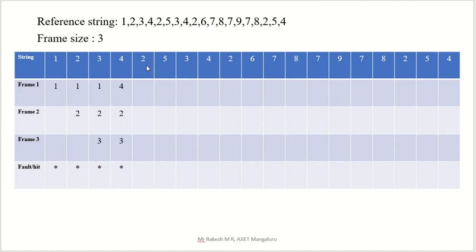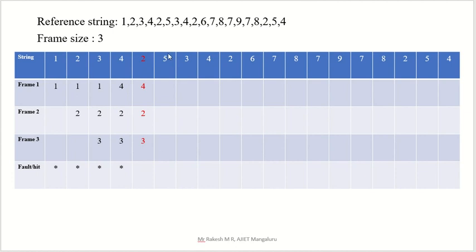For a page hit, I am not representing anything here. I will just change the color. See, I changed the color. Why? Here the required thing is 2 and your page is there. 4 as it is, 2 as it is, 3 as it is, because the 2 is already captured by the CPU. And a star mark is not there. Don't put a star mark because this is a page hit. Only put a star mark for a page fault.